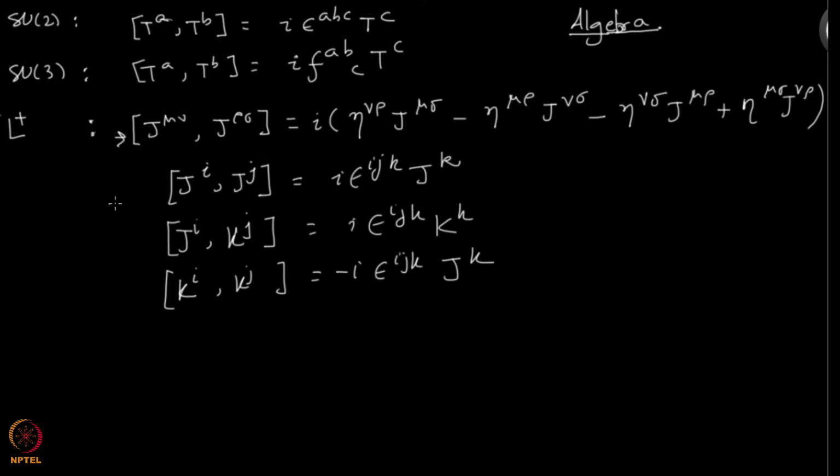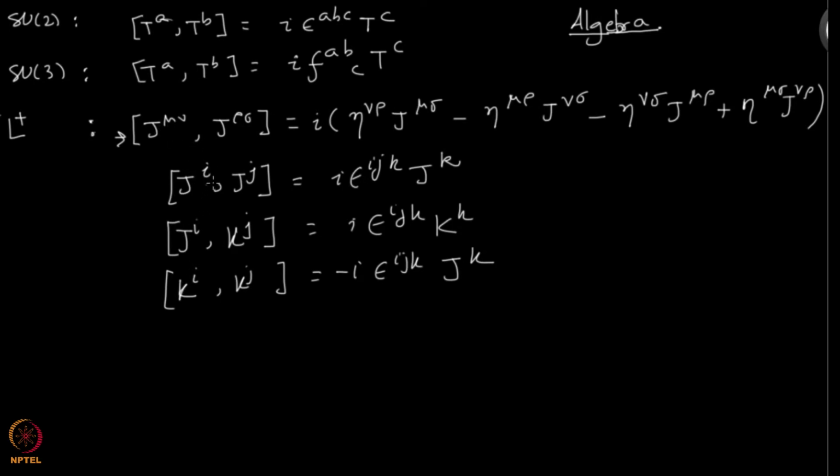Also, we looked at the Lorentz group, and here I have written down the commutation relation. So, as before, you have 6 independent generators. So, if I look at the commutation relations, I get this object. Now, the same commutation relation we had written down by defining new objects which have only one index. So, here J has 2 indices, here J has 1 index. So, clearly they are different objects.